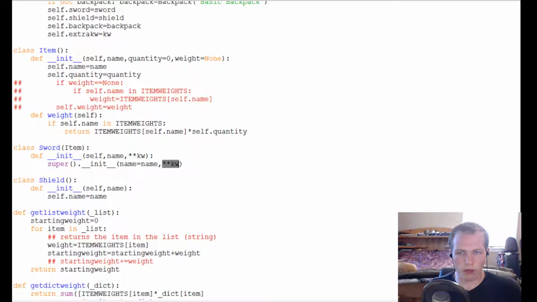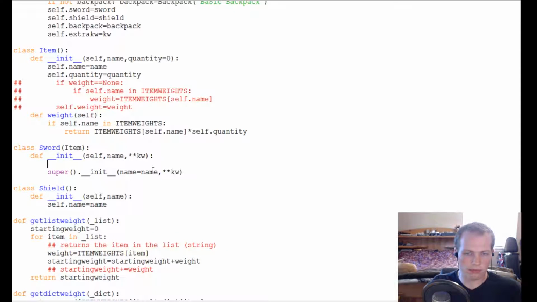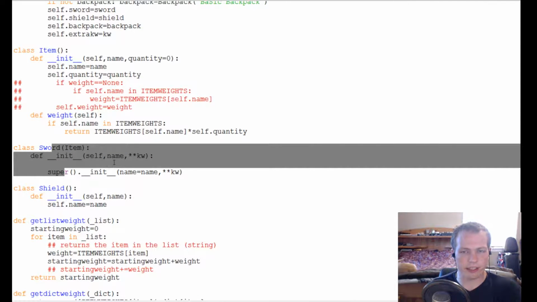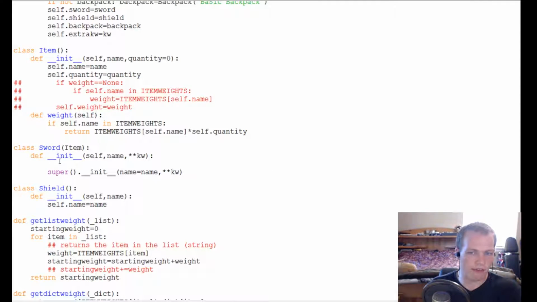So this will get expanded into quantity equals 0, and we're not actually using weight, so it should get expanded into quantity equals 0. The other thing that we can do is, because this sword is like some kind of standard equipment and we're expecting the character to always have a sword, and his sword is just going to upgrade if it's that kind of game or system, instead of having multiple swords that he can collect,